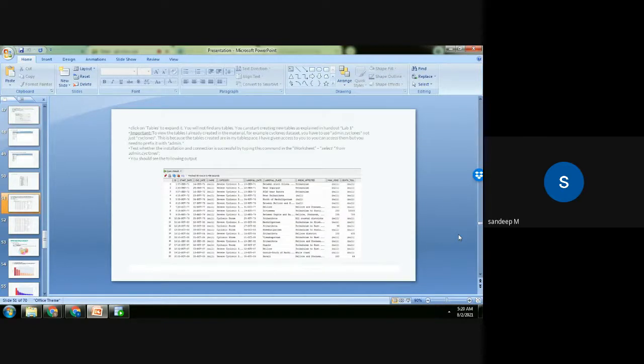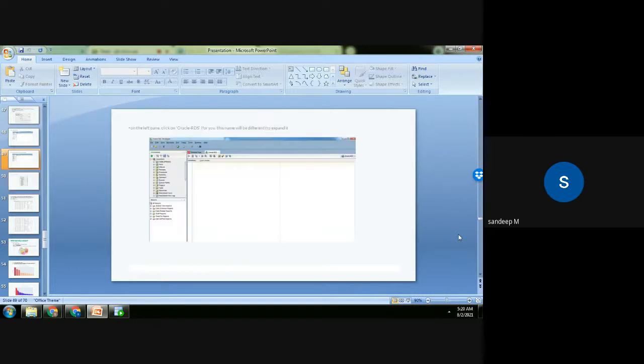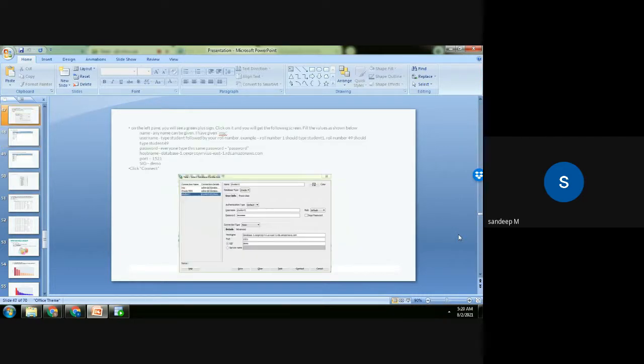Okay, and you need to connect using the login credentials I provide. So I'll be providing the host name of my system, and you have to enter it here. Okay, and a username and password. Everybody enter in this format. Student roll number 1 can enter as student 1. Roll number 49 can enter as student 49. You just enter that username. Password is password for everyone.